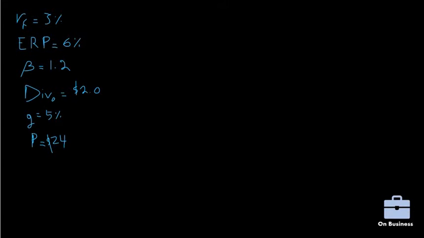Hello guys, in this video we're going to practice solving using the Gordon growth model, which we previously introduced, and we have this given here. We need to find the value of a stock whereby the recent dividend is $2.0. So in order to calculate this value, we need to use the Gordon growth model, and it says that V0 is equal to D1 over R minus G,